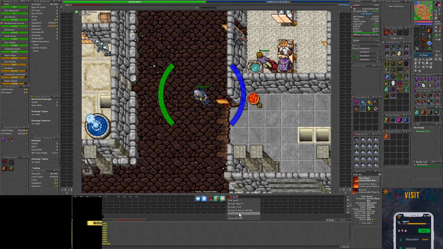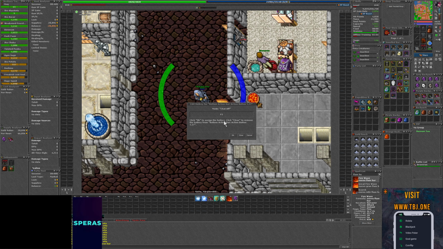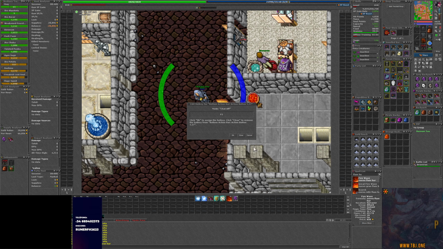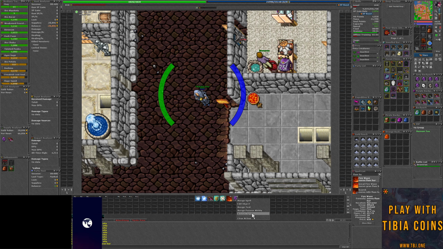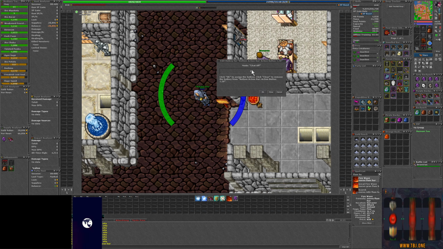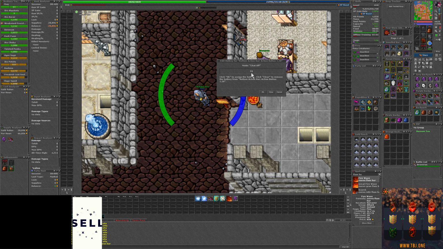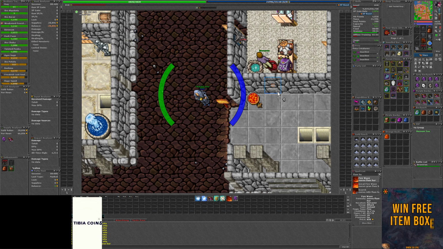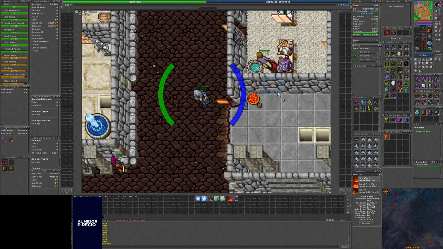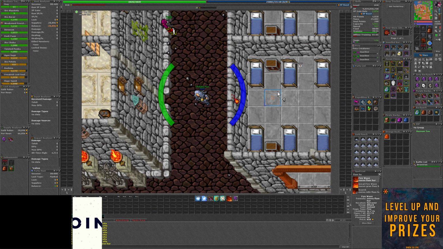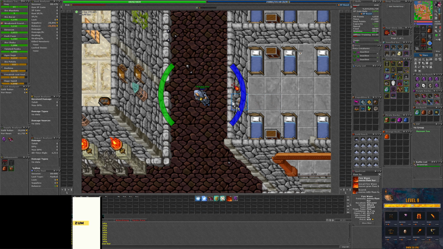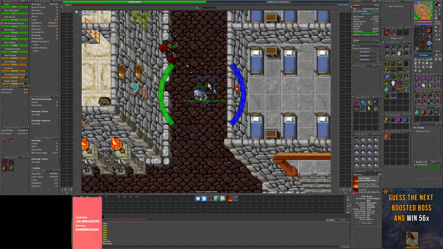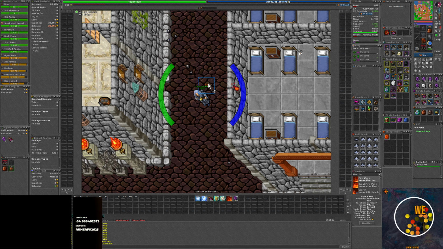Okay, so I have my fire wave on F5. This is my right thumb, and then I have my hotkey. Sorry, my rune on my right thumb too. I am using the same finger for 2 different actions, but if you think about it, it makes sense, right? Because if I wave, then I cannot use the rune. Why? Because we have the 2-second global cooldown in Tibia, right? So it makes sense to use the same finger for that, right?